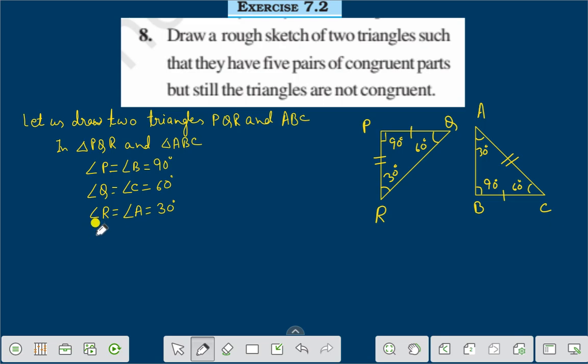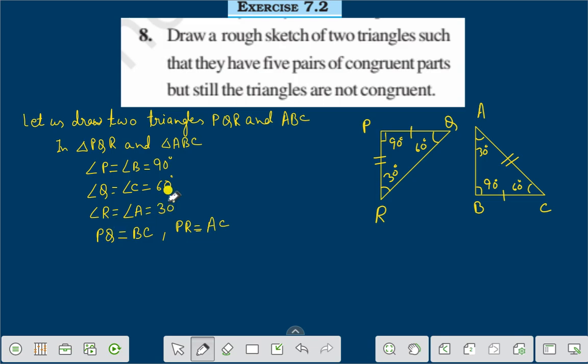And side PQ is equal to side BC. And PR is equal to AC. Here you see first, second, third, fourth, fifth. There are 5 pairs of congruent parts, but still the triangles are not congruent because in this case we have